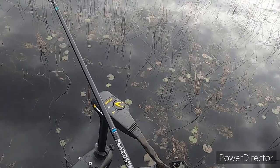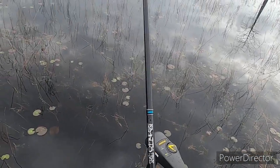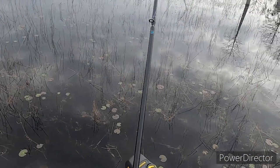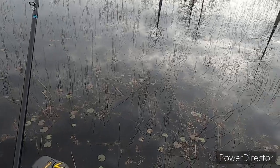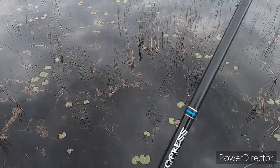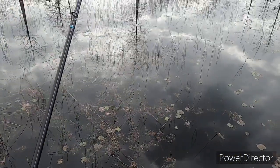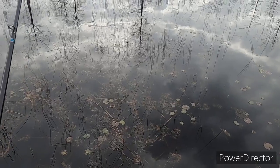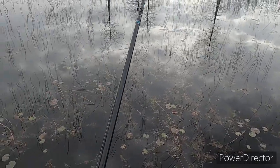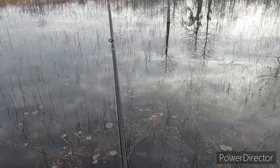Anytime you let one of these reels slide down in the water, I don't recommend it, because you will end up backlashing a few times because that water gets in there and it can cause you problems. So when I get home, I will actually take this reel apart, blow it with the air compressor,